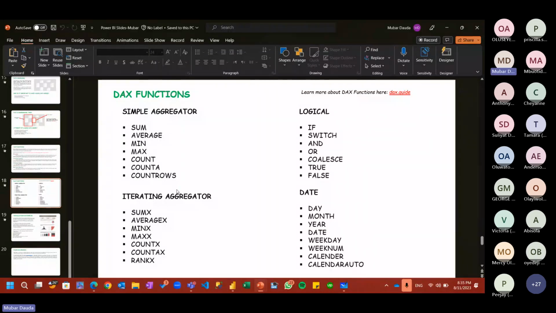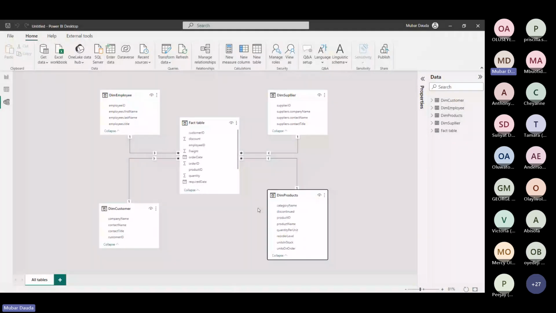So for us to now understand that, we'll come here. So this is where DAX comes from. You see these measures here. We have what we call measures, we have what we call columns, and we have what we call tables. So these three are what we use for calculation. You see, it is under calculations in your model. So measures mean, anytime you create a measure,